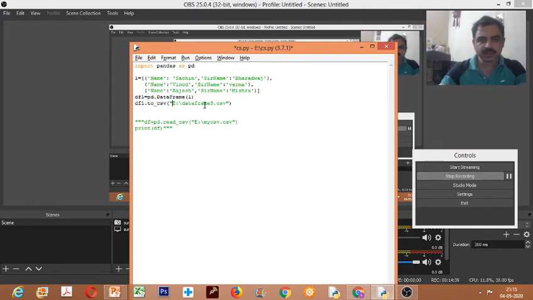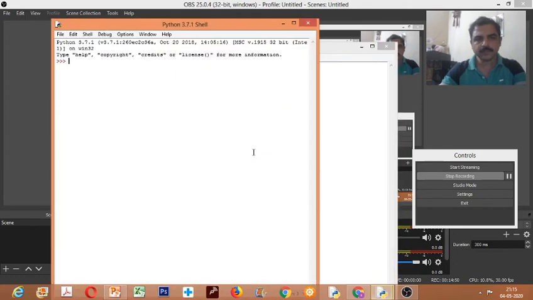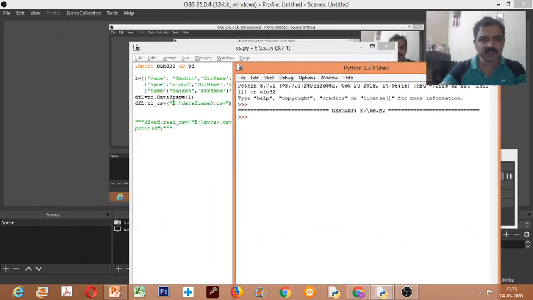So something was wrong in this. So just run this and see how it works. Okay, you just got the command prompt. Now actually we are not displaying anything here.